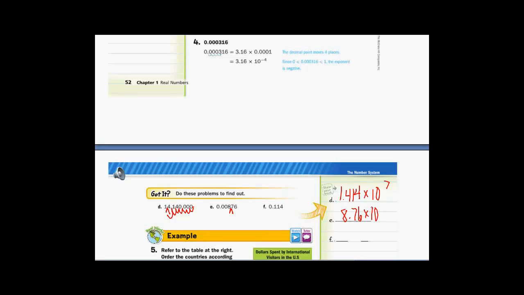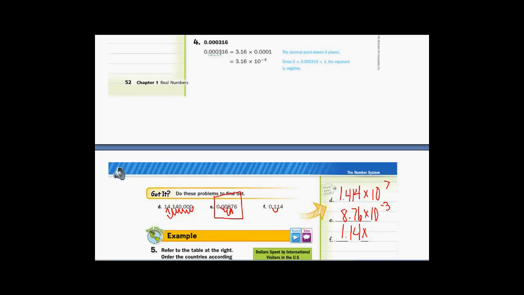times 10 to the, and I would have to move this 1, 2, 3 places. And it is a negative exponent because it started off as a teeny tiny decimal. Same way with this one. Right at the first non-zero number,